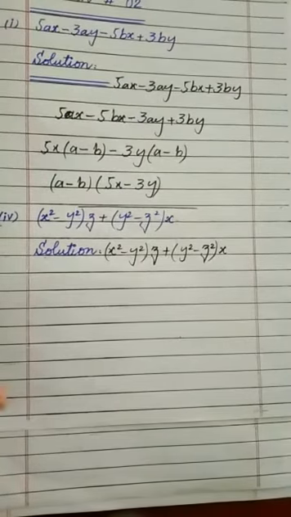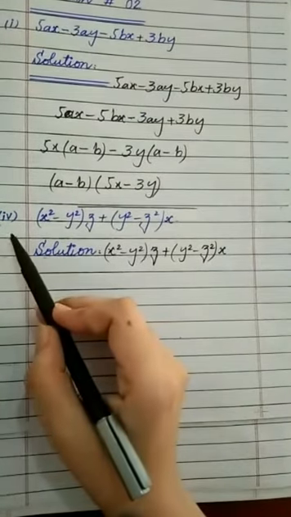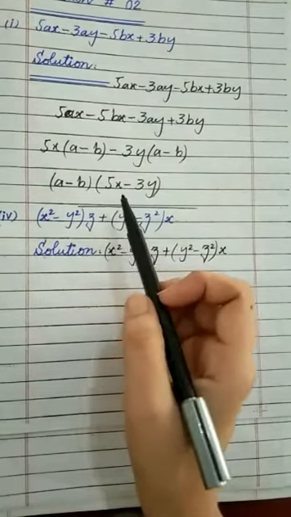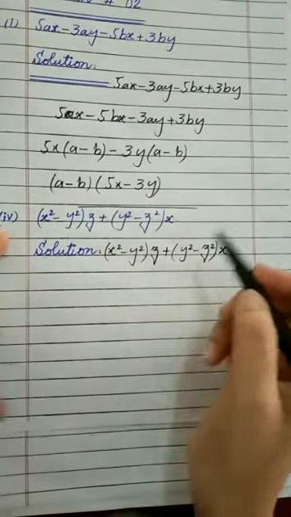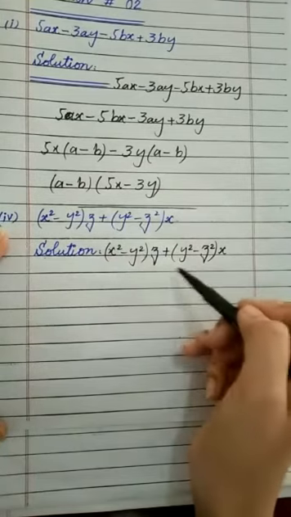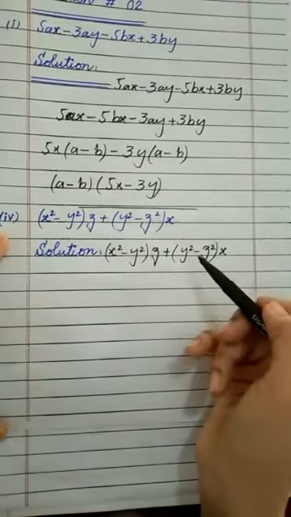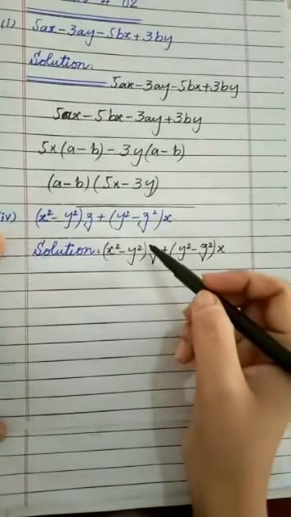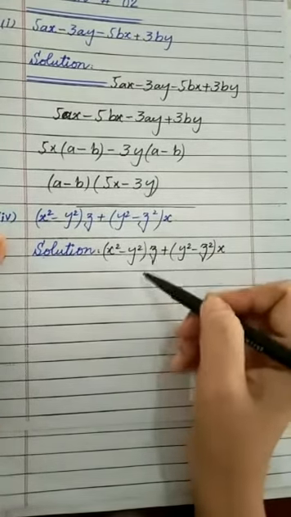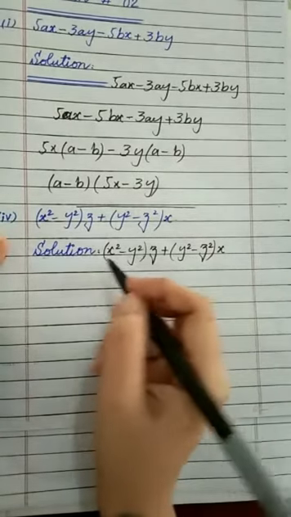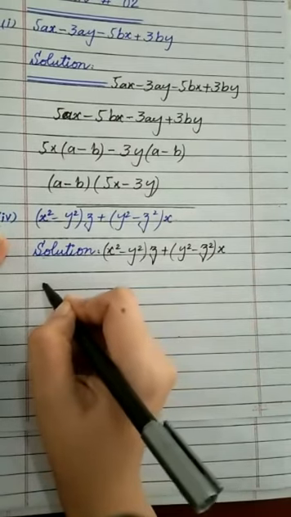Okay students, question number 2 part 4 I'll solve for you, and part 2 and 3 you will do by yourself. These are with the same method. Here you can see that nothing is common. If we are observing, nothing is common, but because it is given to factorize, there might be something common. We have to multiply inside the bracket, means we have to open the brackets first, then let's see what is common or not.